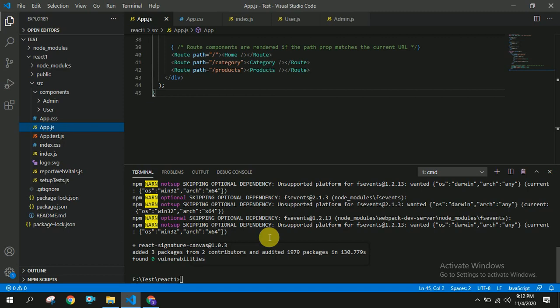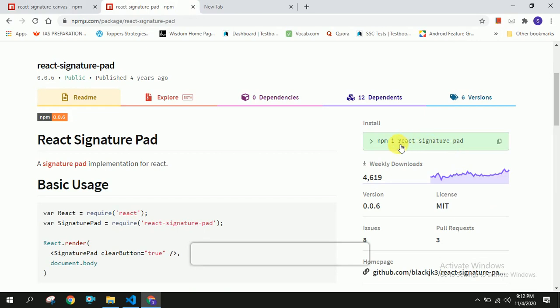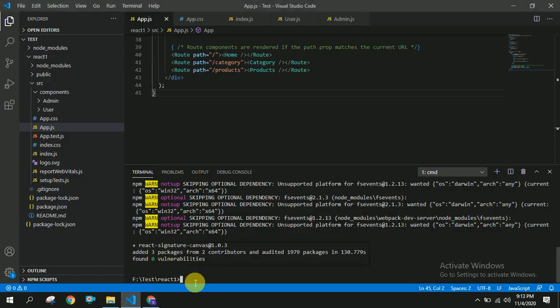So if you see here, our installation got successfully applied. Now we are going to install another thing called React signature pad. I'm going to install this.